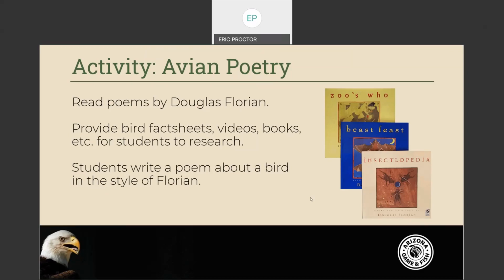So if you search Douglas Florian, you'll see all of these different ones, and I think there's one more on pets, like pet animals. But yeah, there are different ones. The bats actually appear in a couple different ones. They appear in Beast Feast, and I think he has another one in his mammal one as well. So you can actually see a couple different bat ones. So good. All right, I think that looks like most of the questions that are here.